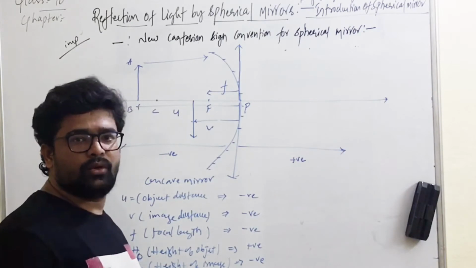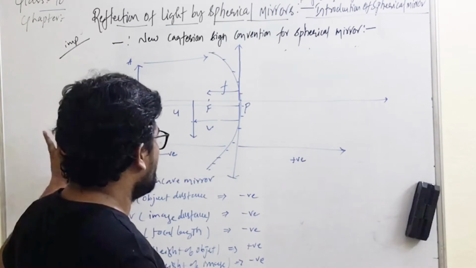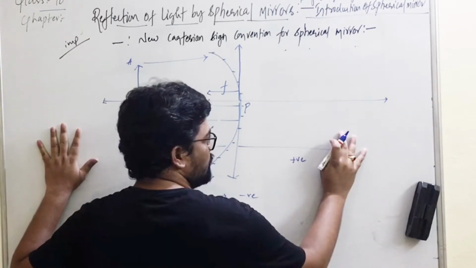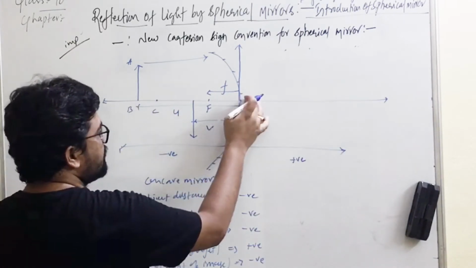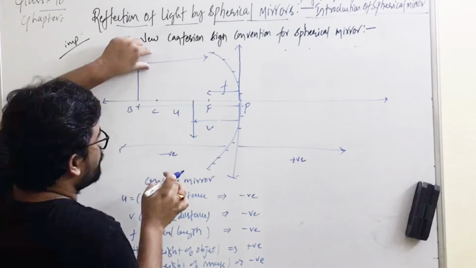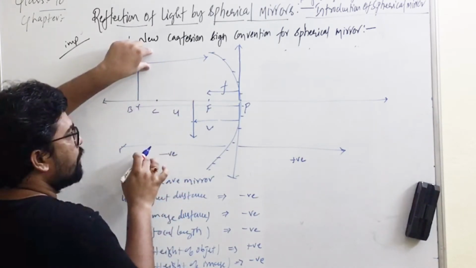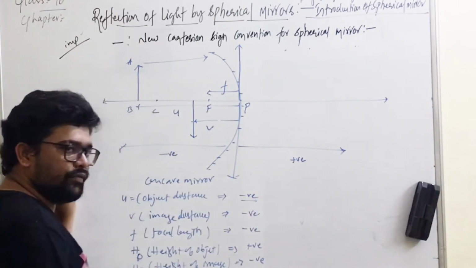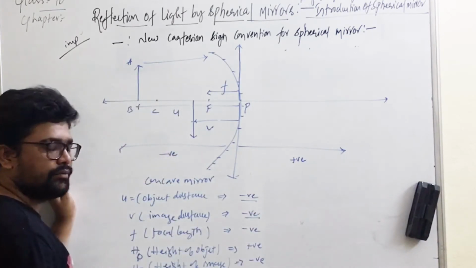कौन सा भी मिरर रहो, कॉनकेव मिरर रहो या कॉन्वेक्स मिरर रहो, आपको हमेशा डिस्टेंस जो है लेफ्ट साइड में आपको नेगेटिव लेना है, ओके, राइट साइड में आपको पॉजिटिव लेना है, ठीक है? ये कॉनकेव मिरर है, तो ऑब्जेक्ट डिस्टेंस पोल से मेजर करते हैं आप, सो आप डायरेक्शन ऑफ लाइट रे और आपका डिस्टेंस ऑफ मेजर भी ये दो ऑपोजिट है, राइट? या ये लेफ्ट साइड है तो u नेगेटिव, इमेज डिस्टेंस भी लेफ्ट साइड है तो नेगेटिव, राइट?